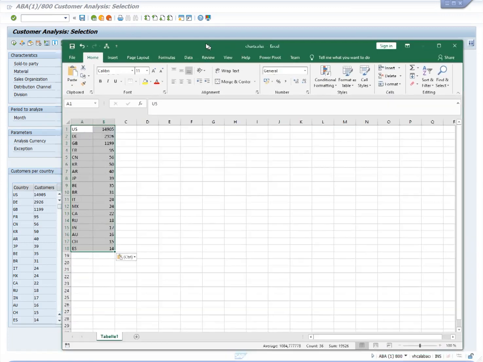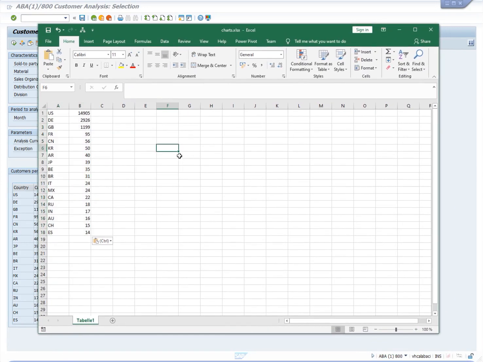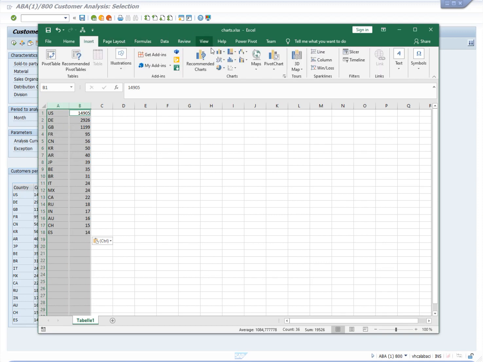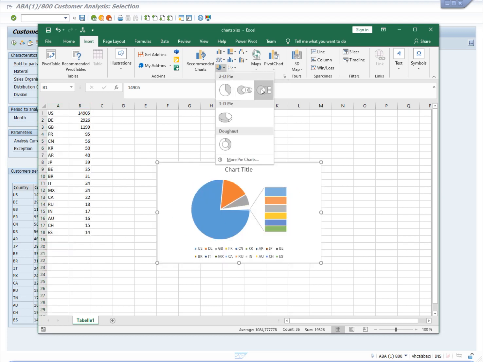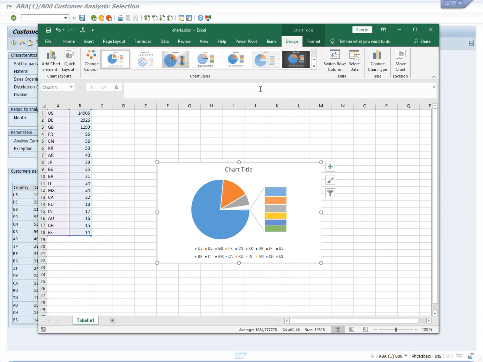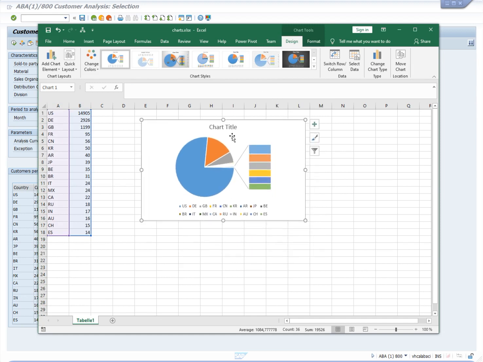Once the tables are in the spreadsheet, we select two columns and choose a suitable chart type. There are a number of options. You could choose your favorite: bar chart, pie chart, and many others. For each, you can define the colors and other options, but we are not interested in these details at the moment,